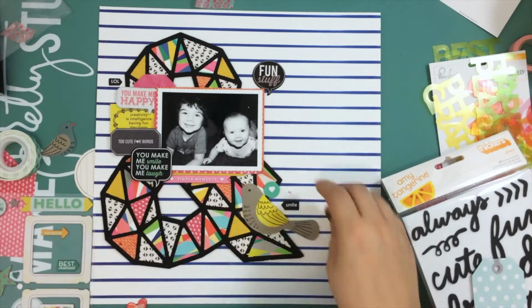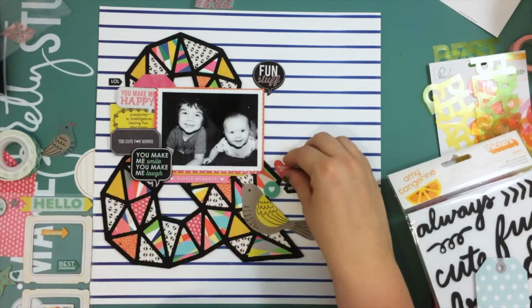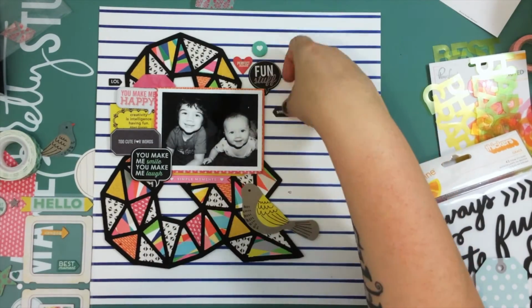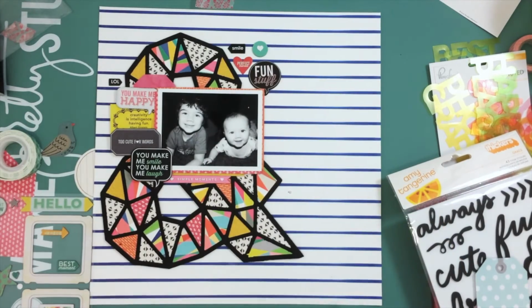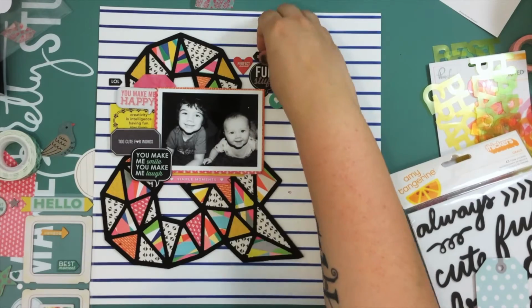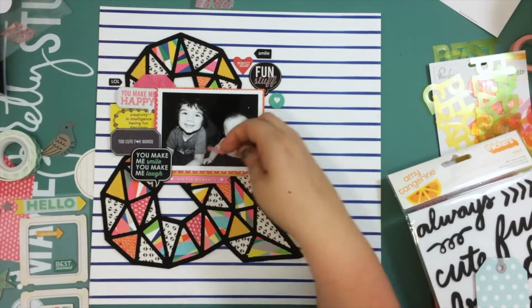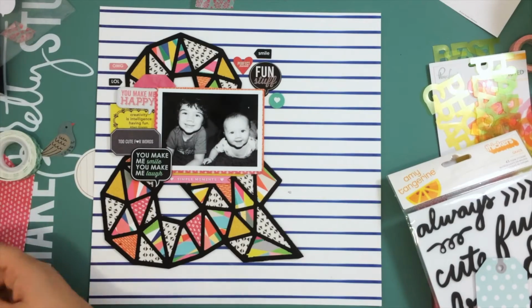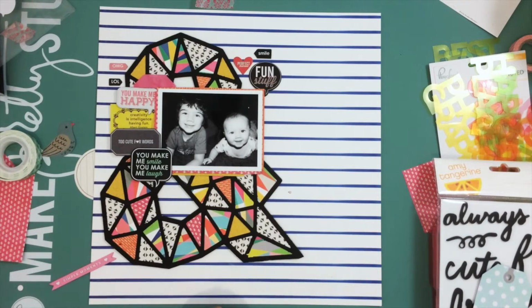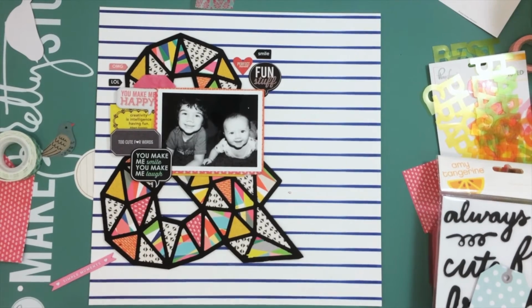Someone actually mentioned in a different video that they like how I do an embellishment cluster on the bottom left and then an embellishment cluster on the top right, and that maybe that's because I'm left-handed. I never really thought about that, but when I go back and look at all my layouts, I totally do that. I have a lot where the bottom left has a cluster and the top right has a cluster. So maybe that is something that I do, being left-handed and all,